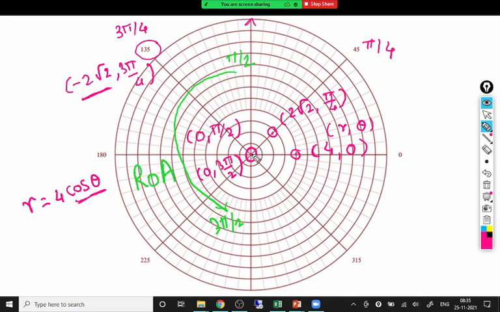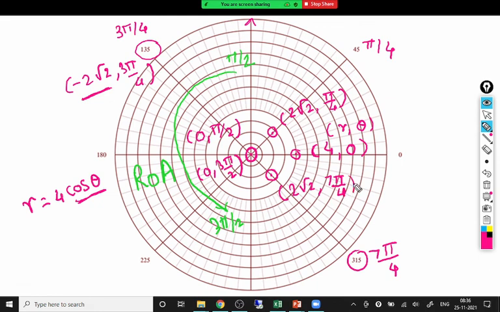So the same point has two coordinates, which is only possible in polar. This is not possible in Cartesian, where you have only a unique coordinate. In polar, one point may have multiple coordinates in terms of theta only, because how many rotations you take decides that. Next, come to 7 pi by 4 now. If you take 7 pi by 4, r comes 2 root 2 again, and you will get this point: 2 root 2 comma 7 pi by 4.